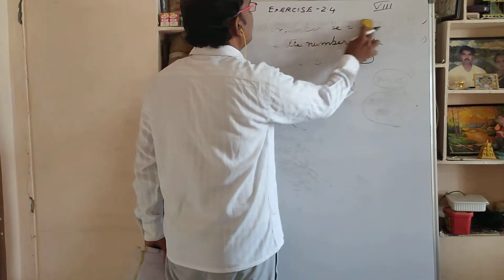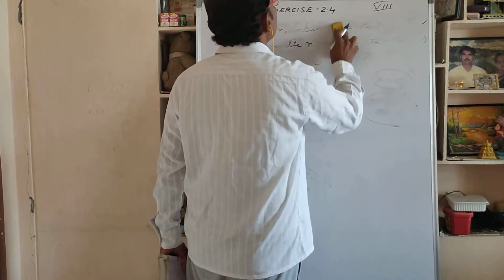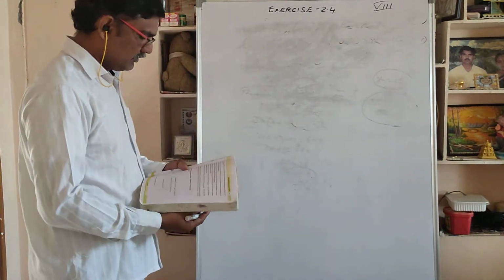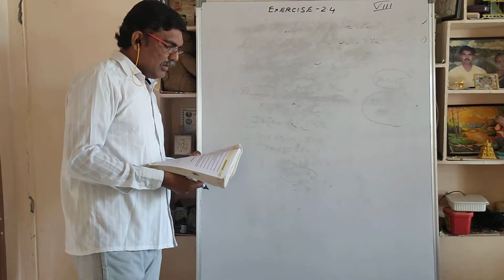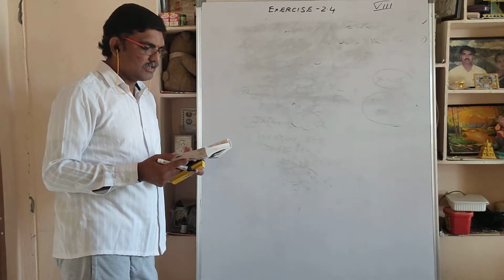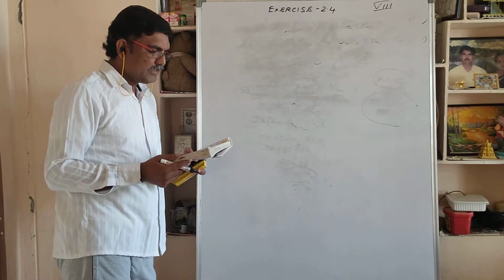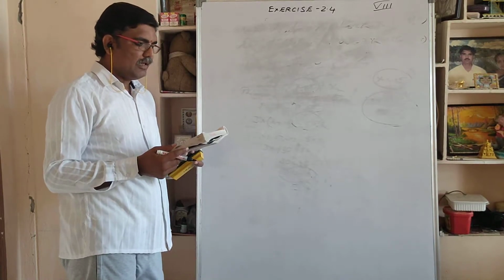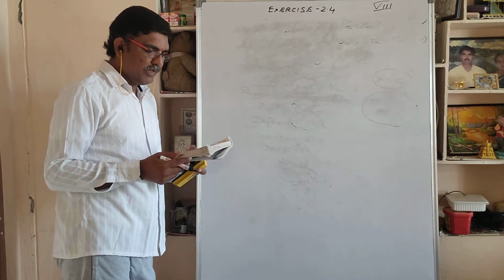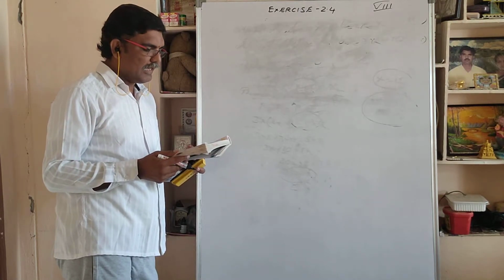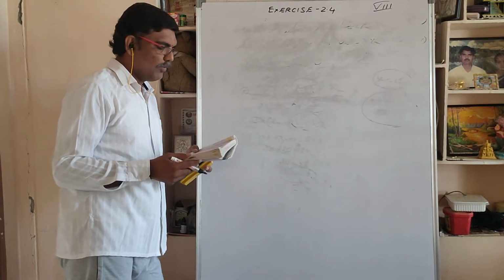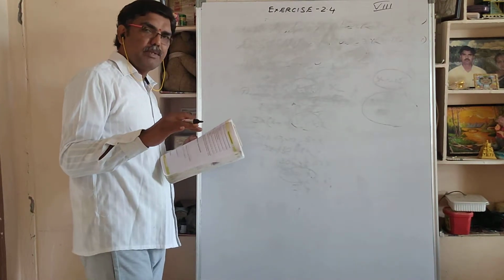Next we will go with the next problem. What is the next problem? See it once. What is this? Sixth question. Mary is twice older than her sister. In 5 years' time, she will be 2 years older than her sister. Find how old are they both now. So here present tense will be there. Okay.